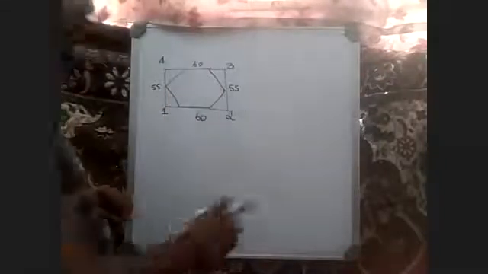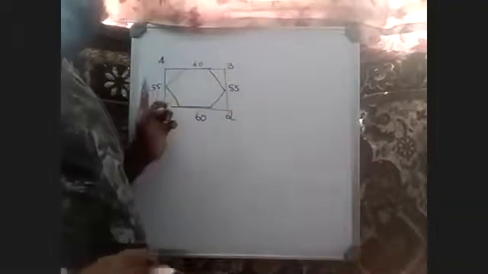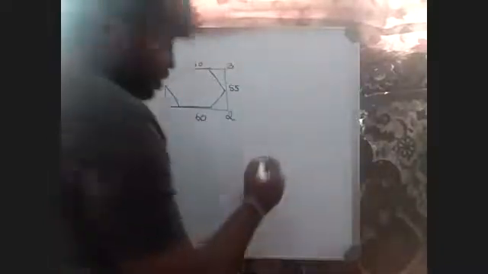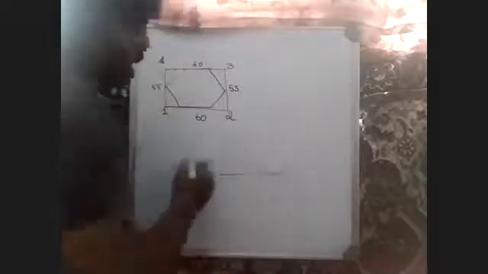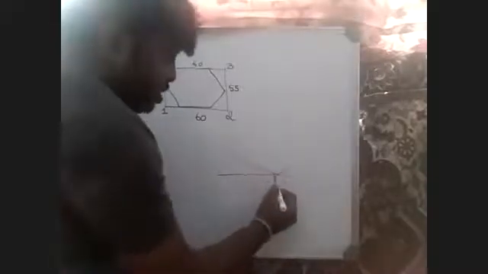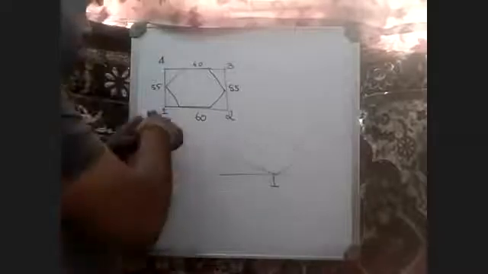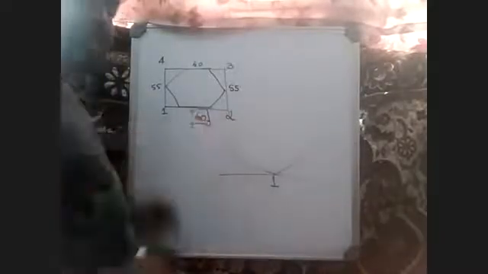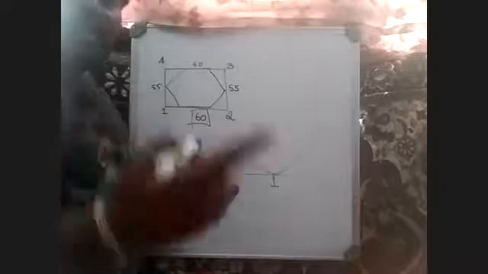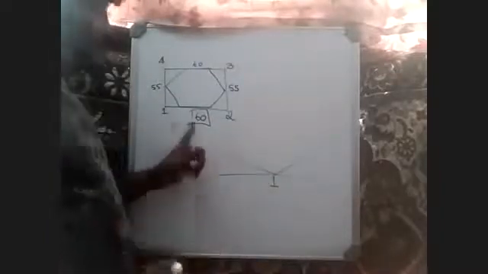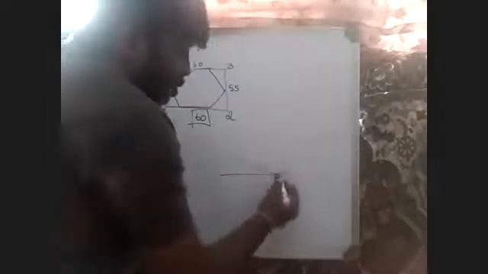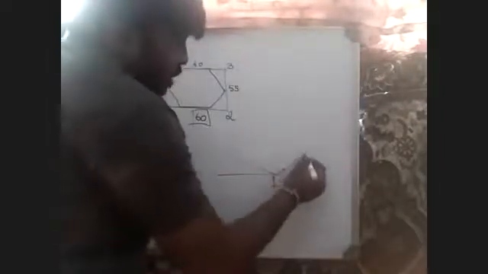Now, how to construct? First, you have to construct this box, 1 to 2, 2 to 3, 3 to 4, 4 to 1, and then later on construct the hexagon. It's a 2 minutes job. So, observe how to construct. Now, on the baseline, there are 2 lines like this at an angle of 30 degrees. If this is named as corner number 1, from 1 to 2, what is the box gap? It is 6 boxes. 60 mm means 6 boxes. 70 mm means 7 boxes. 20 mm means 2 boxes, like that. So 60 mm, so 6 boxes. So from 1 to 2, it is 6 box gap. 1, 2, 3, 4, 5, 6.